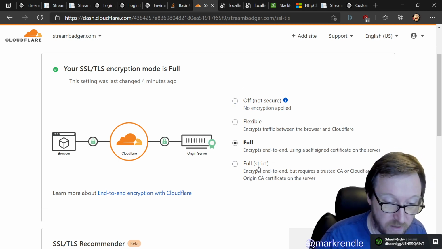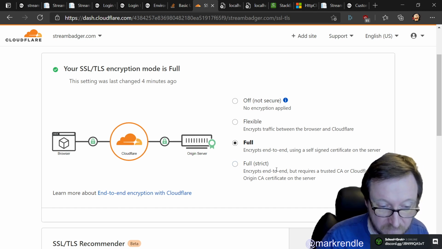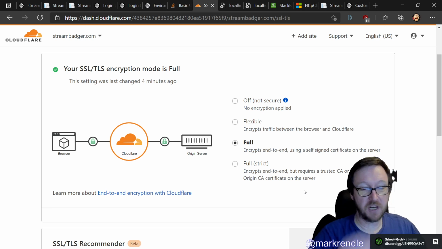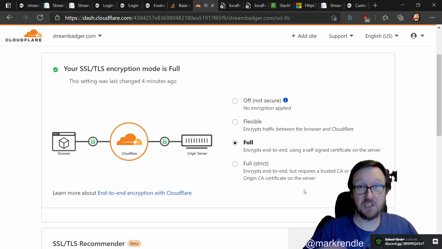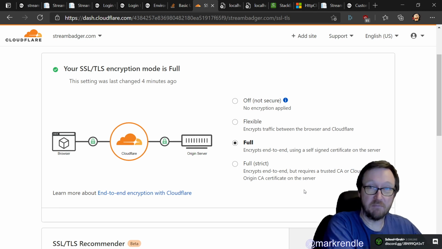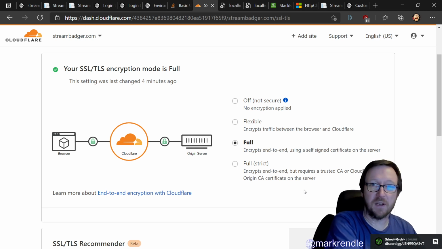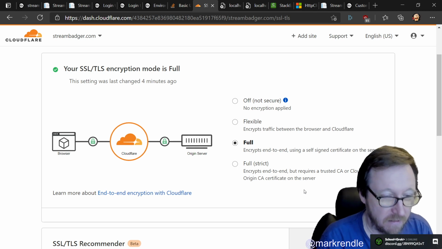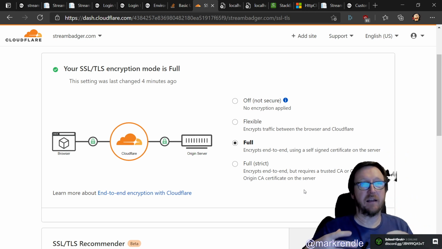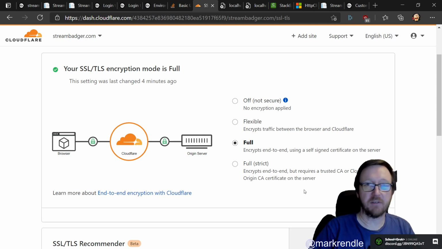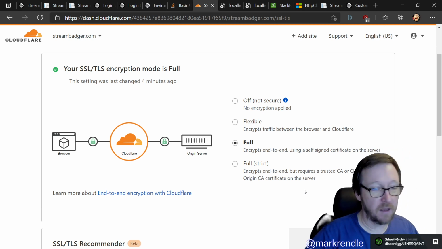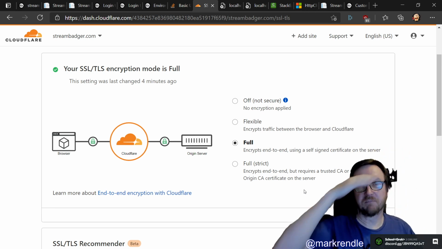And then this full strict option down here is where you can say to Cloudflare, generate me an origin certificate for this thing. That's to make sure that Cloudflare is definitely talking to your site. It's the sort of thing where if you're doing credit card transactions or anything like that, then you probably want to go full strict and do the full Cloudflare origin certificate thing. But for general day-to-day purposes, just for doing Twitch login stuff,